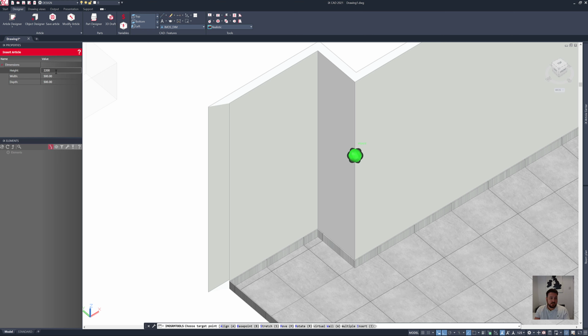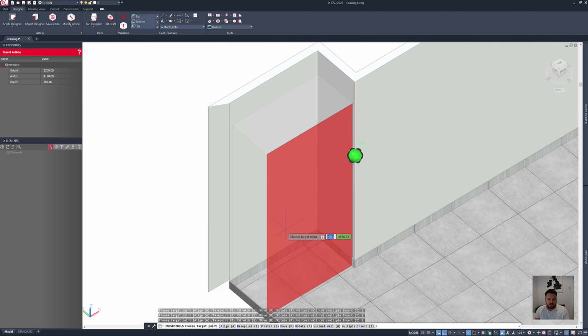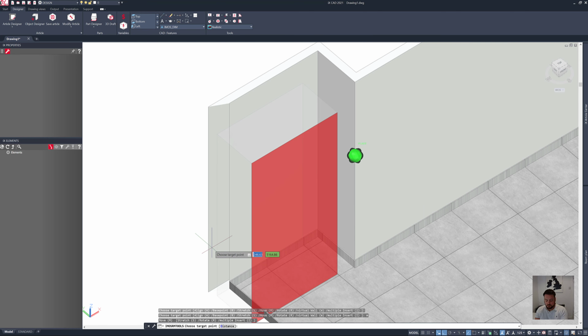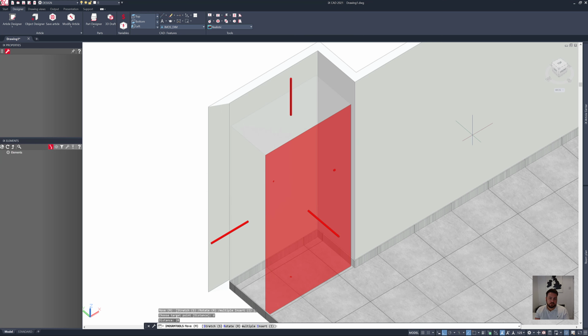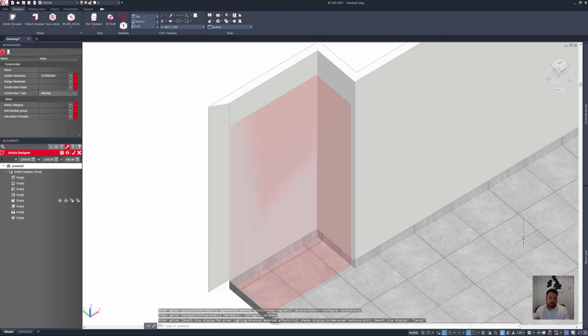So in here I'm going to say it's 2.2 meters high. I'm going to say that it is 1160 wide to give me a little bit of a gap either side. And then the depth in here I'm going to say should be 560 deep. So then when I come into the space, I can position this tight into the corner and then press M to move it 20mm away. So now I've got my Article Designer in position,